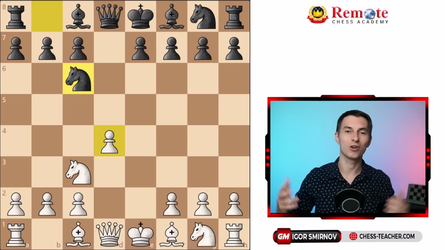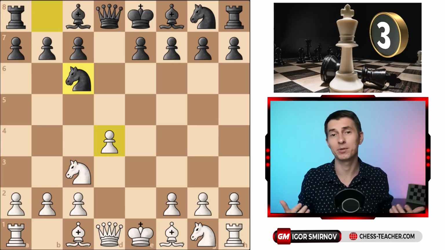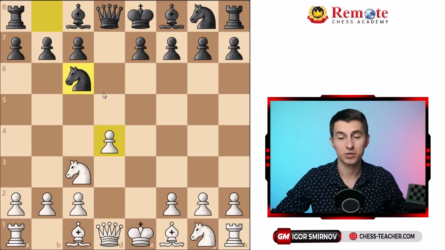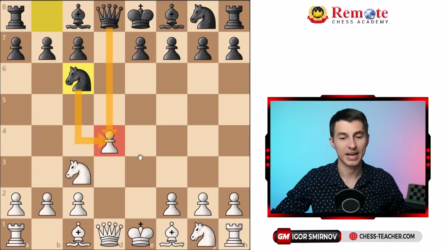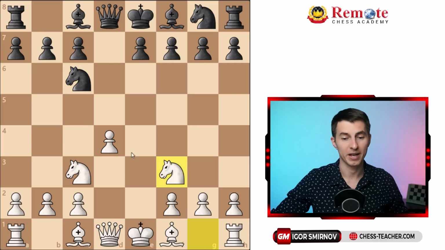What's up? There are top 3 attacking patterns that you can use to win standard opening positions like this. For example, in the current position, which is very standard, we can see that black is attacking this pawn on d4. The most common move for white to play would be knight f3, defending this pawn on d4, because white